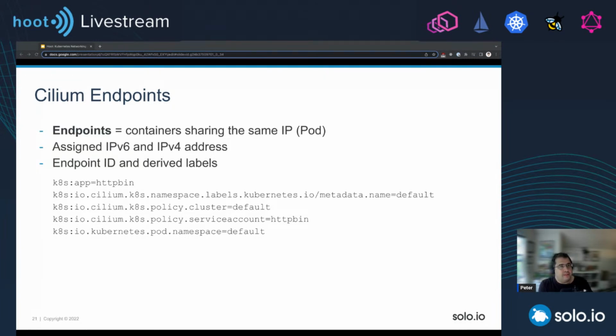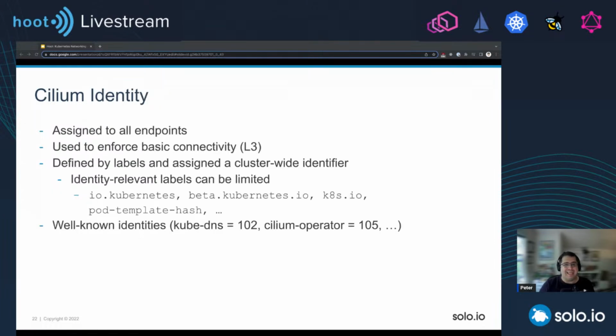Each endpoint also gets an internal ID that's unique within the cluster node and a set of labels that Cilium derives from the pod or from the container, right? The endpoint will get created whenever a new pod is started, and that's what also kicks off the creation of Cilium identity.